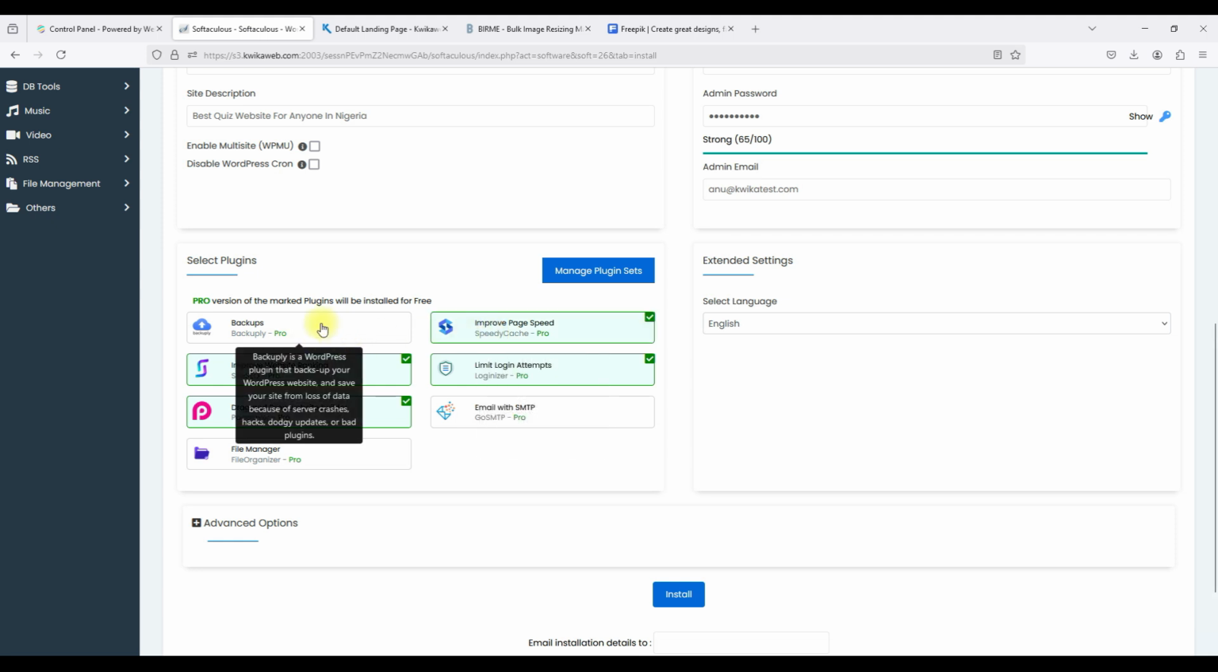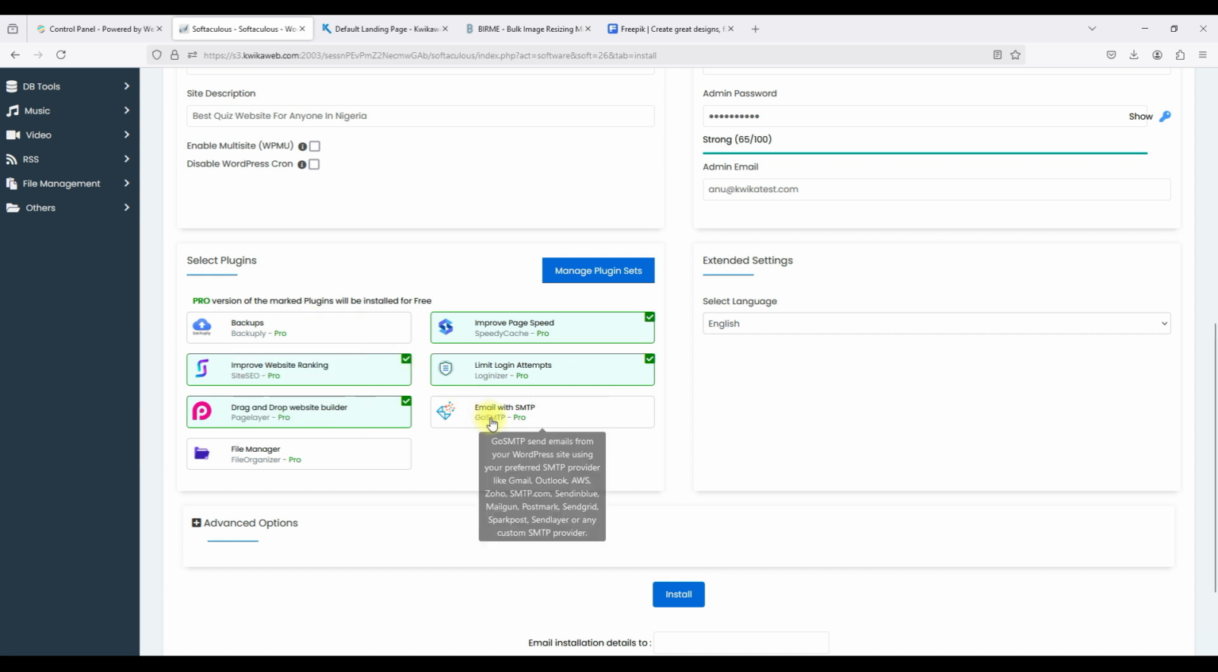And then the backups is if you want to take backups of your website. So for this tutorial, I'm not going to be taking backups. I'm just showing you how to create a fully functional website. So if you want to have this installed, you can have this installed. If you want to, you can have that installed. And this tool